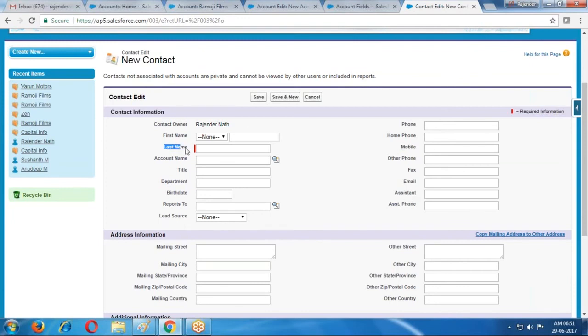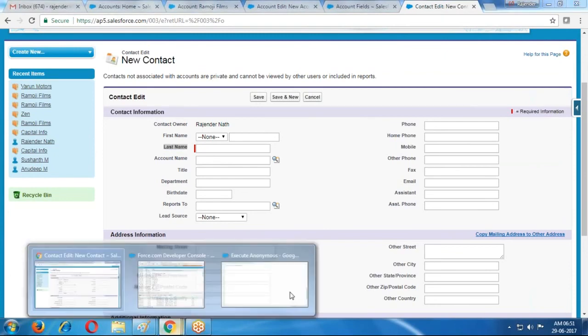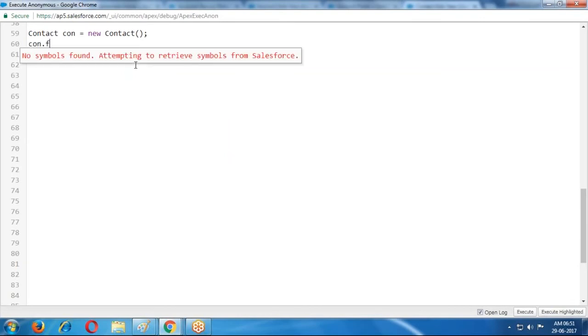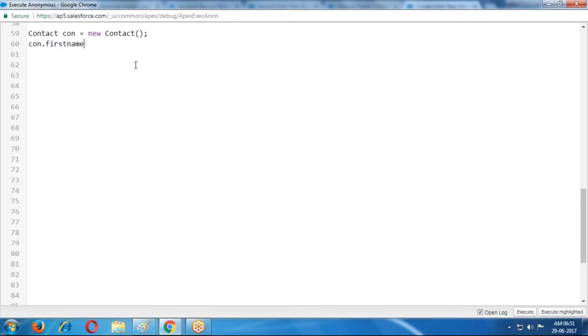Here last name is a mandatory field. Without this field you cannot insert this record. So what is required here? Contact.FirstName equal to Rakesh. Contact.LastName equal to Rakesh Singh or Reddy.